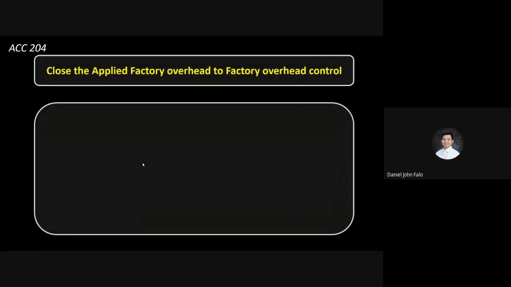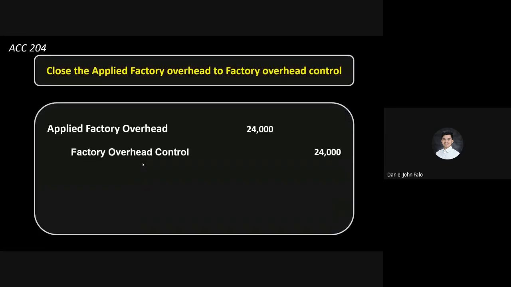Next, we're going to close the applied factory overhead to factory overhead control. So whatever the value of our applied factory overhead is would be the amount to be used for the closing entry. So that would be simply debit applied factory overhead, the amount of 24,000, which was computed earlier, 80% of 30,000, then credit factory overhead control, 24,000. Next,